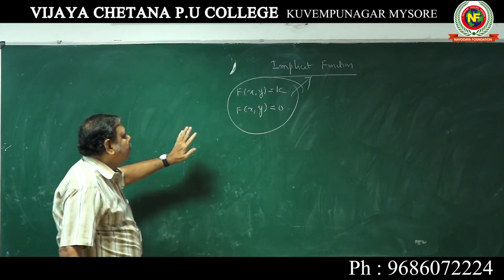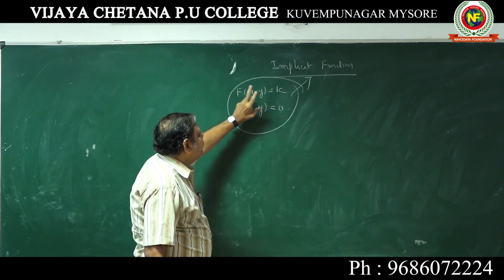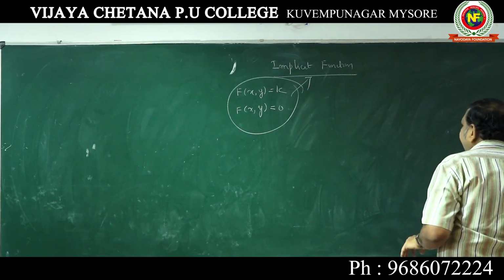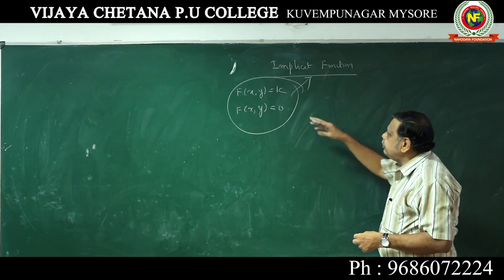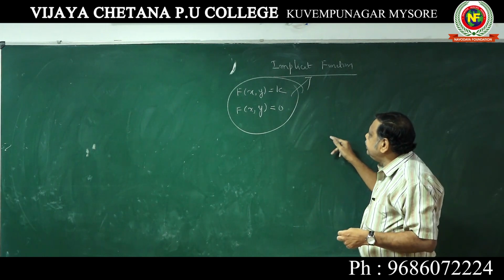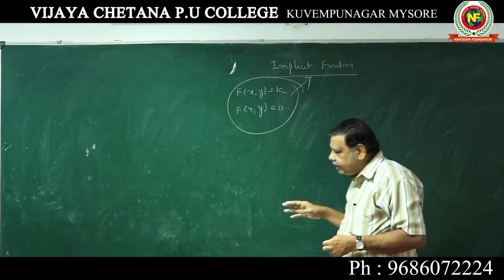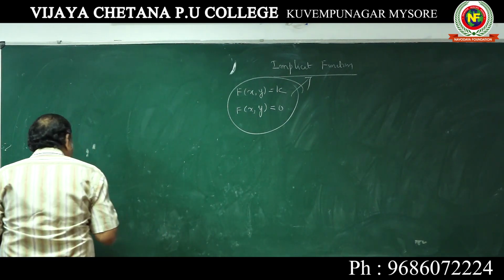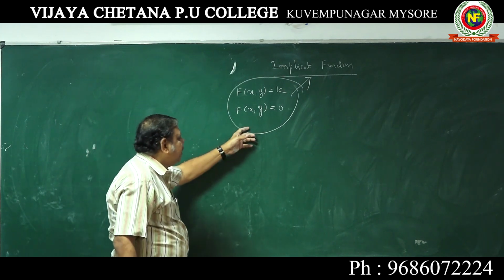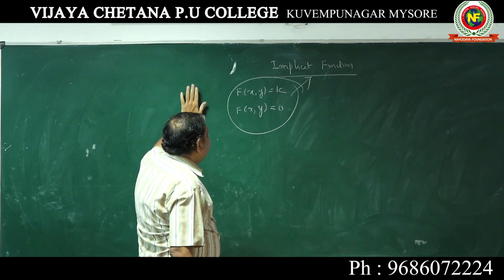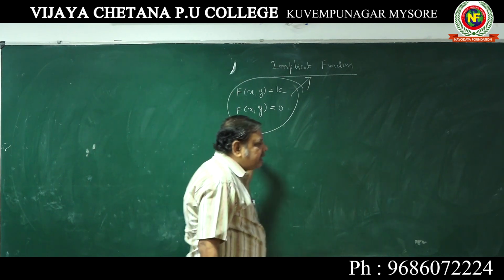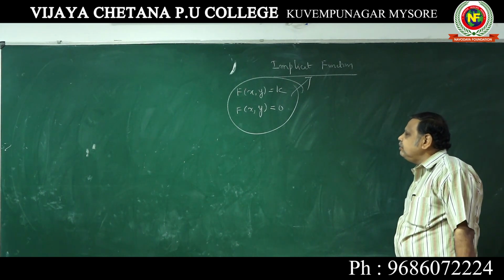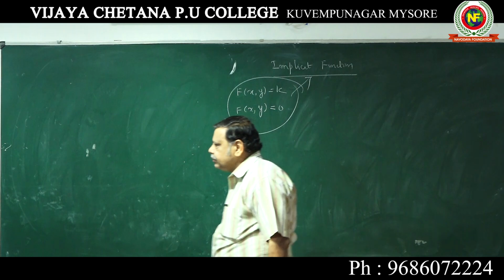What is the method also I have told you? Differentiate x variable, differentiate y variable also with respect to x. But after differentiating y variable, you have to put dy by dx. That is very important. Many students forget. In implicit function, the most important thing is when you differentiate the y variable, then put by the side dy by dx, and take dy by dx to the left side, take other terms to the right side and find dy by dx. And you need not put y is equal to something like that. As it is in the problem, you should follow.